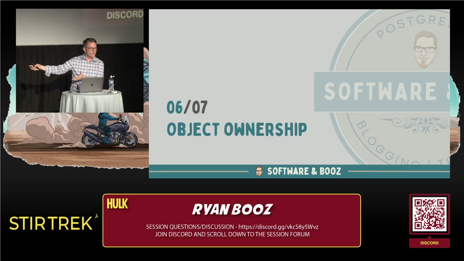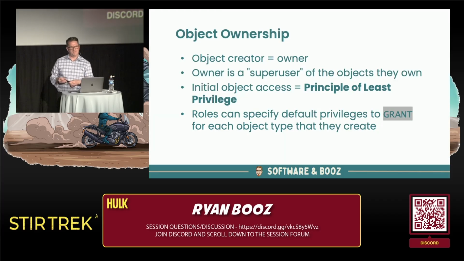One of my developers would go and create something, or they'd run a script on one of our databases to fix something, and then they'd go on vacation for a couple weeks or a couple days or whatever, and I would log in to try and fix it, and I couldn't do it unless I went to a super user role, and I was really frustrated by that. Like, what's going on? And it really comes down to object ownership in Postgres, and I think so many people get kind of wrapped around the axle on this one, that as they try and start to learn to use Postgres and they create these roles for the app, they still run into these permission problems and these privilege access issues. So an object creator is the owner by default.